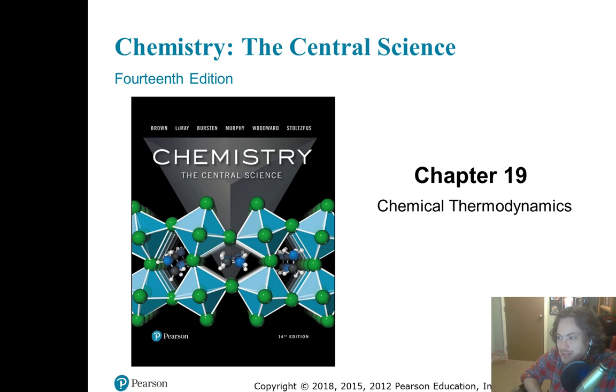So in this unit, we're going to be talking about thermodynamics, learning about how energy changes as you have chemical reactions. We're going to really be building on what we learned back in a previous unit when we talked about thermochemistry. So try to dredge up all that information that you may or may not have forgotten about enthalpy and reactions and all that stuff, because everything there will be important as we move forward here. So here we go. Chemical thermodynamics.